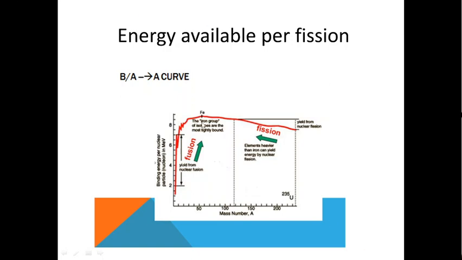Now, if you look at this graph again, as I pointed out earlier, it is a very important graph in nuclear physics. You can see that this graph is not a flat one, but for higher A, it drops. This y-axis is B by A, this is the B by A graph versus A. So you can see the binding energy per nucleon. Binding energy per nucleon is the total binding energy of the nucleus divided by the total number of nucleons. So that is binding energy per nucleon, B by A. It is how much energy is needed to remove one nucleon.